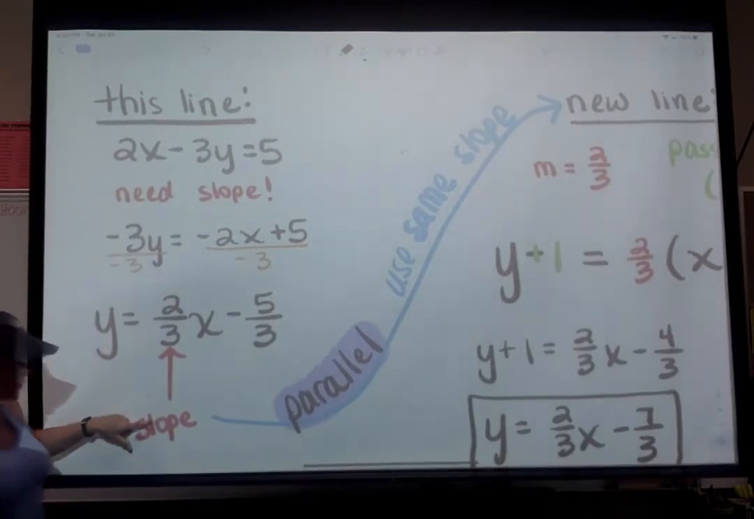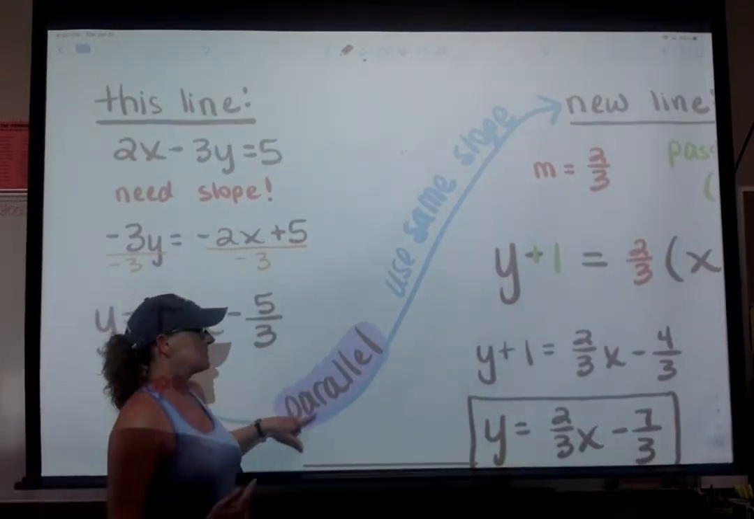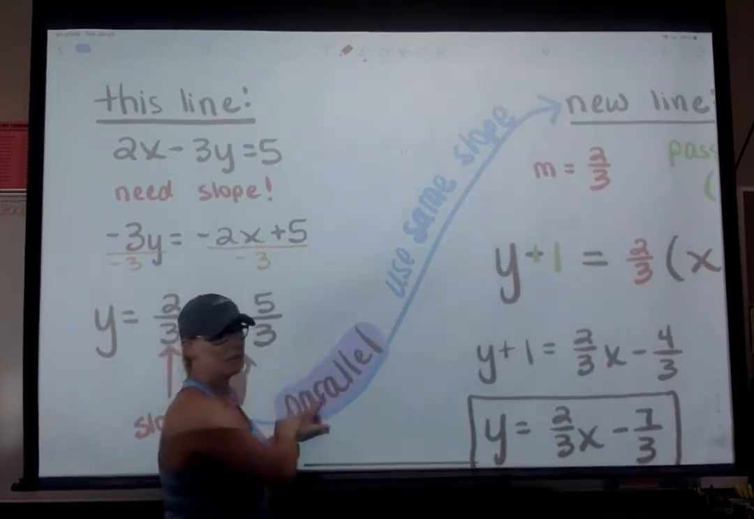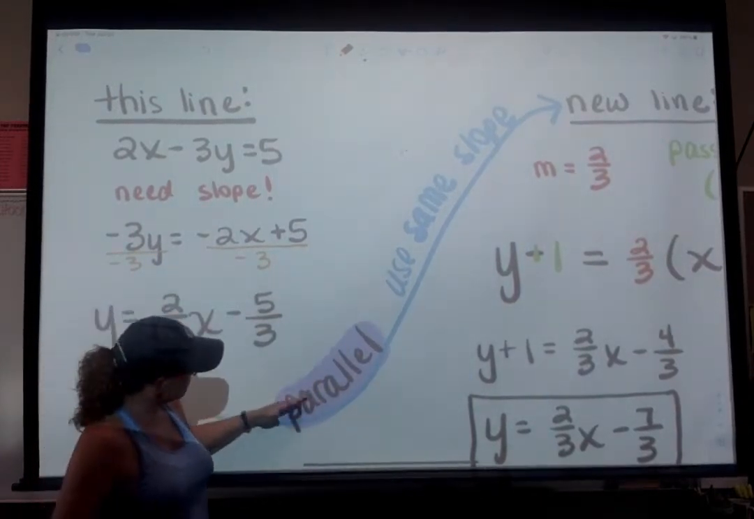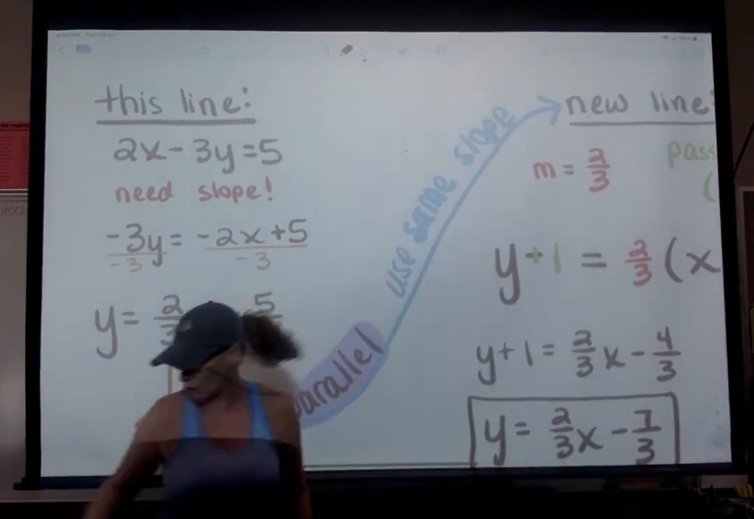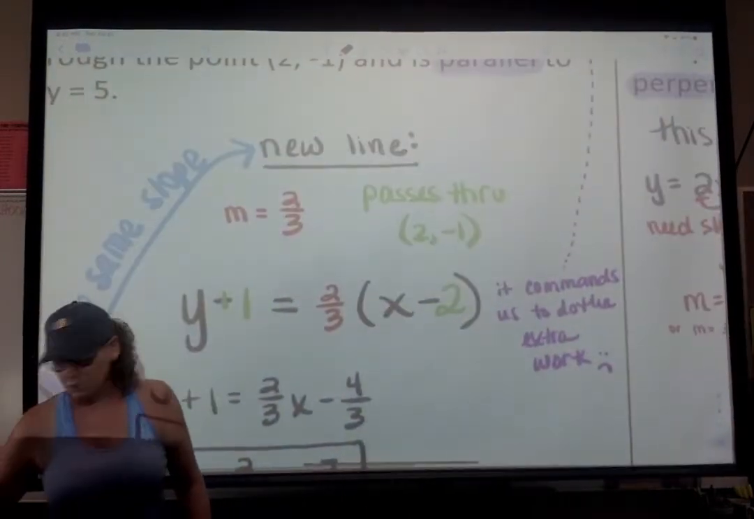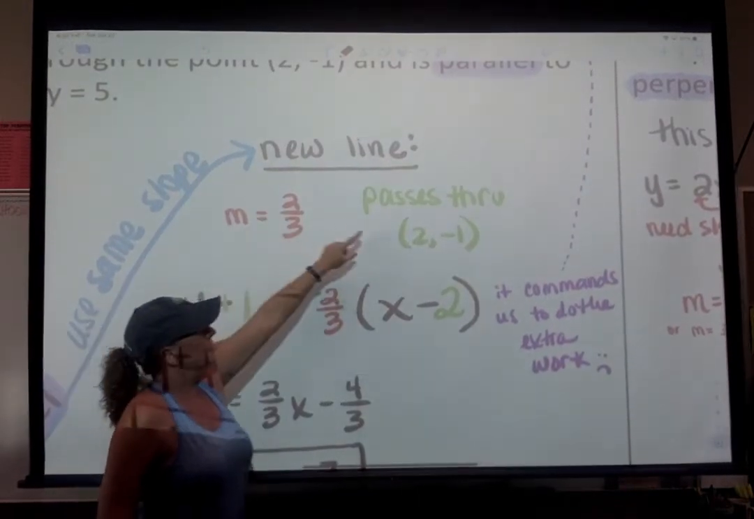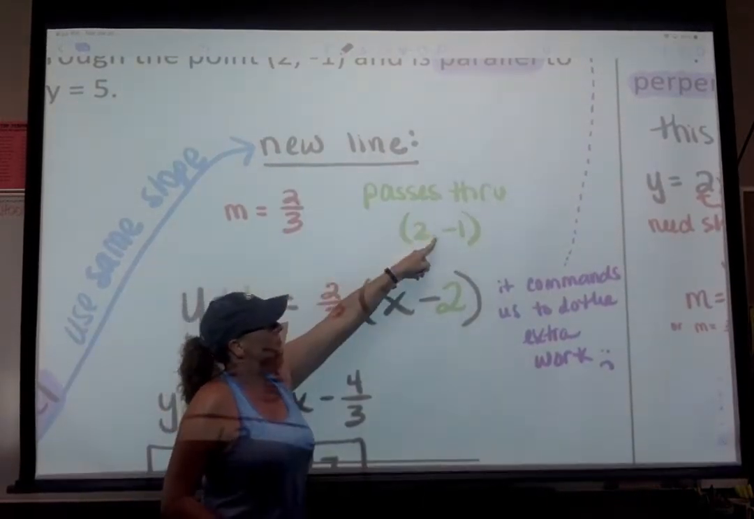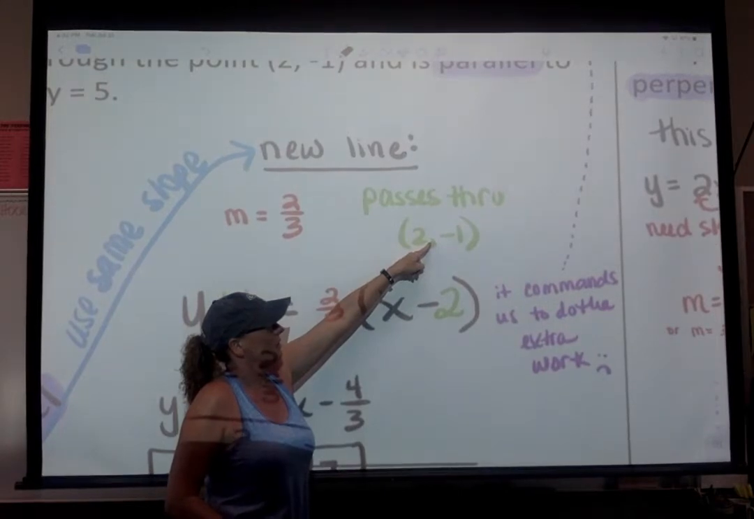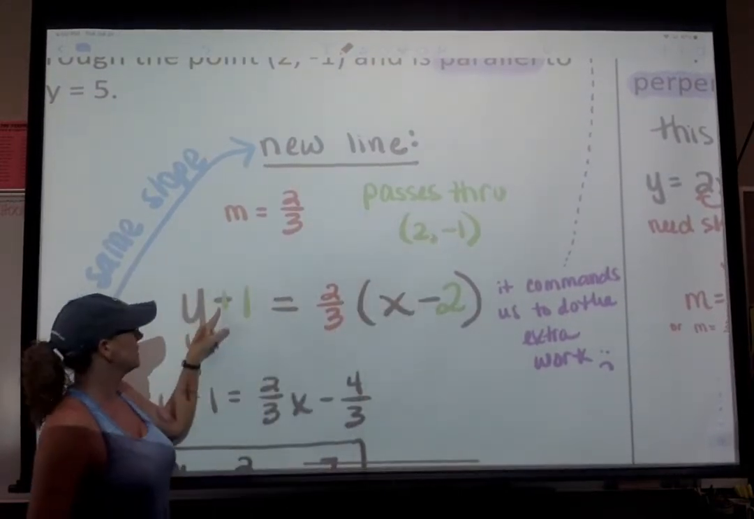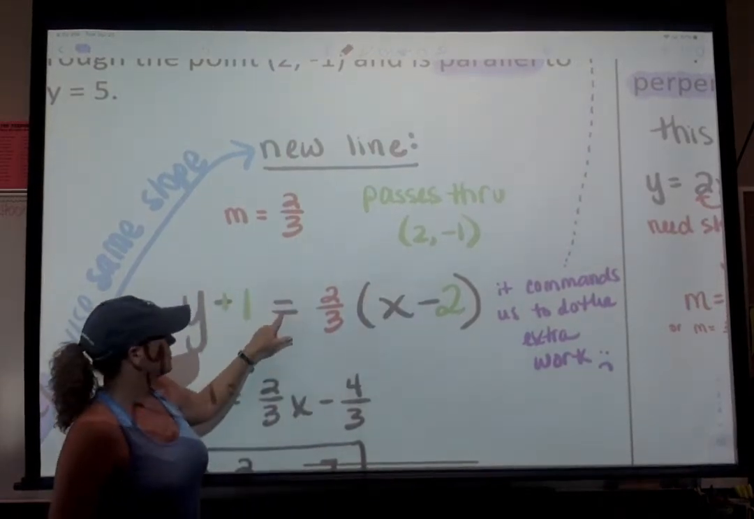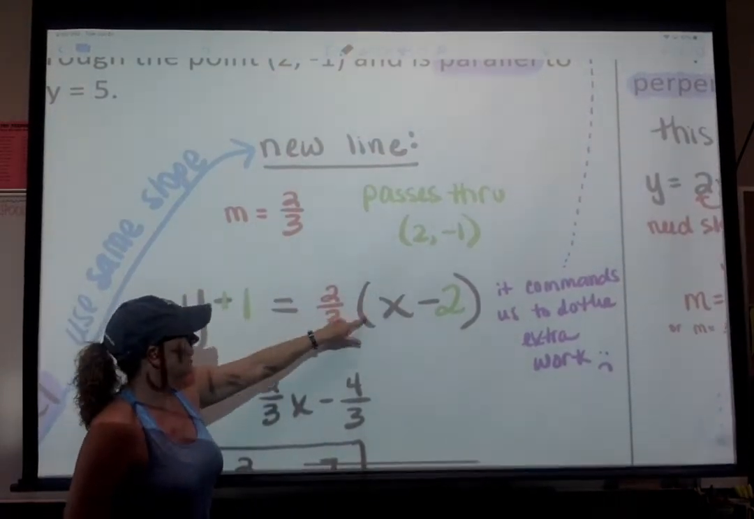Now, what am I going to do with it? Well, the problem said make a new line that's parallel to this one. So since it said parallel, I'm going to use the same slope. So, new line, same slope. The directions told me it passes through here. Here's my equation. Y minus equals slope x minus,